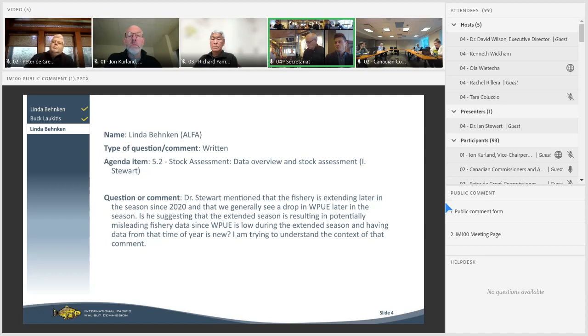However, I think you raise a good point here, which is that there also is the potential that by changing the seasonal dynamics of the fishery, we're starting to see an effect of reduced CPUE that may not be strictly proportional to the stock. Unfortunately, what we would normally do when we had that concern would be to rely more heavily on the fishery independent setline survey data. And that's really why we rely on the survey, because we know that it's going to be subject to fewer things like season length and bad weather at the end of the season and other things going on.